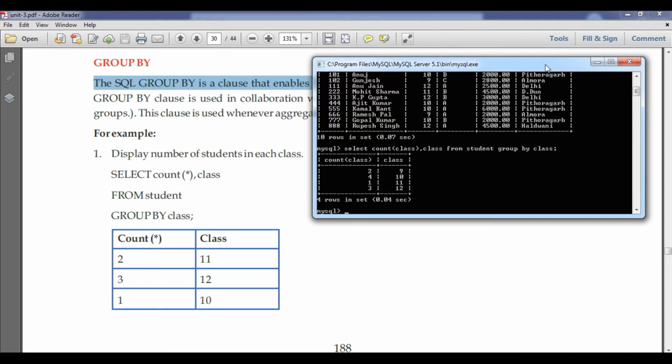So now you can see the result will be the same. Why? Because here the wildcard character is used to count the cardinality. Here I have used to count the class only. So in class 9th 2 students are there, in class 10th 4 students, in 11th 1 student, in 12th 3 students according to my record.